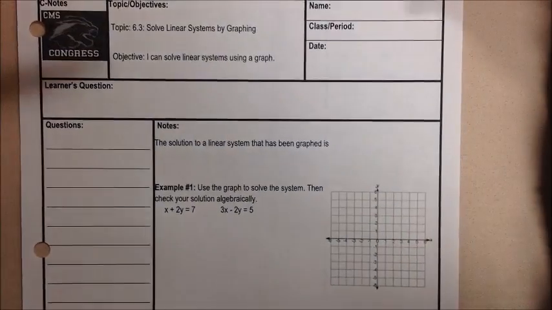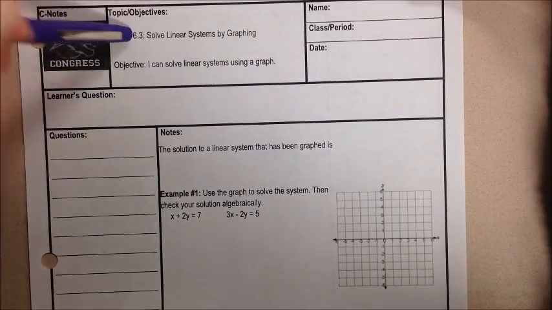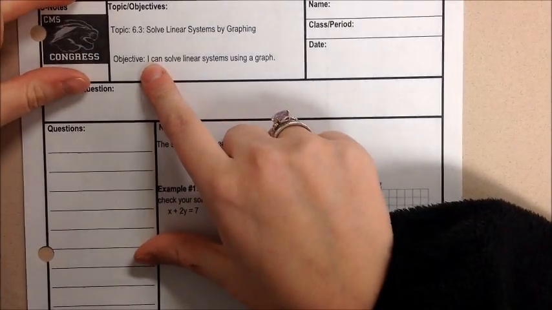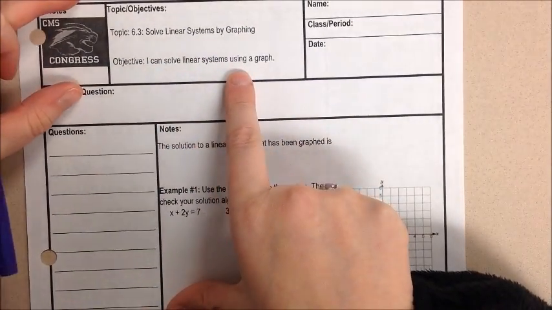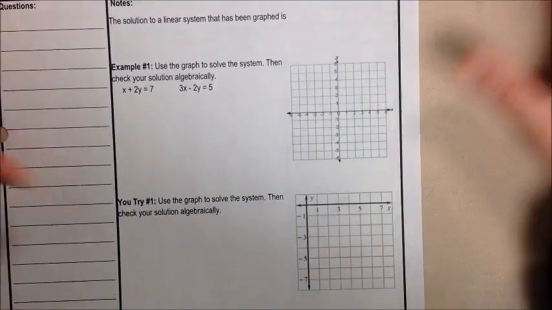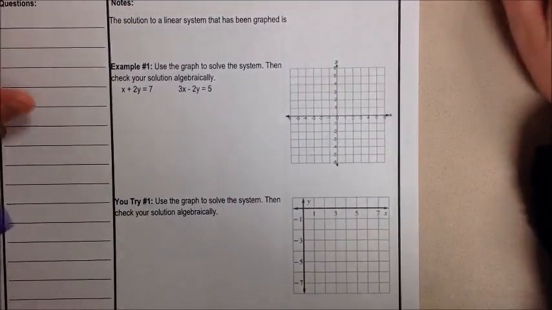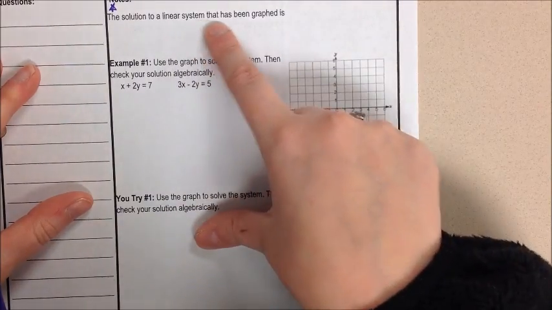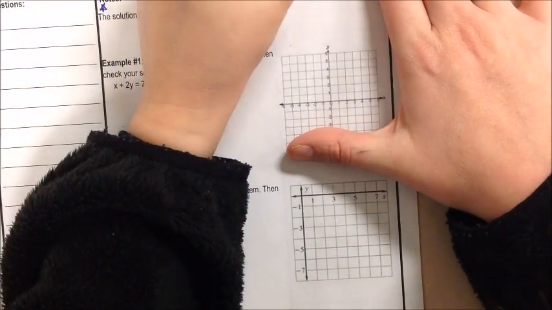Okay, so today we're going to do 6.3, solve linear systems by graphing. Our objective is: I can solve linear systems using a graph. Today's the first day we're actually going to start solving systems. A big thing to remember is the solution to a linear system that has been graphed is the